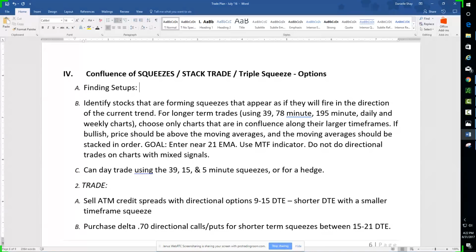All right, so getting back to my next setup, this is essentially everything that John does combined. This is going to be really anything that has to do with the squeeze. I usually find these setups, ironically, through the room. People are really good at pointing things out, especially people who have been around a while. Admiral today, who I've been friends with for a while in the trading room, said, hey, look at Baidu, and I did, and it was great, and I took a trade on it, and that's one of the room trades now.